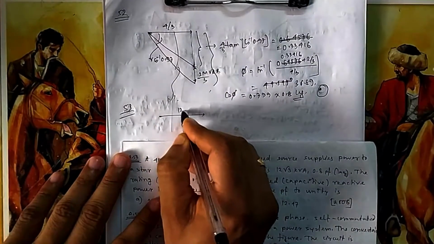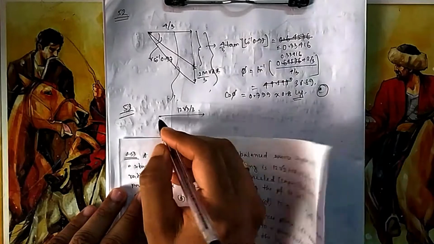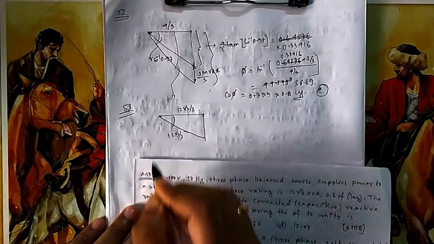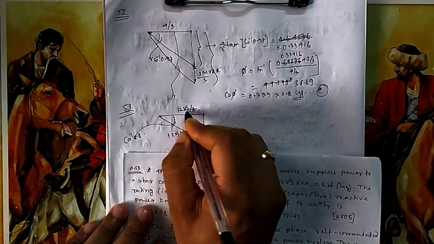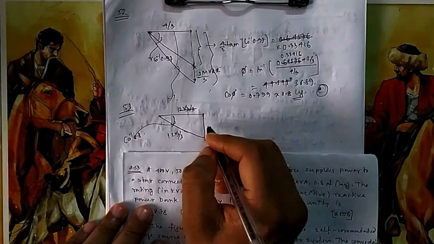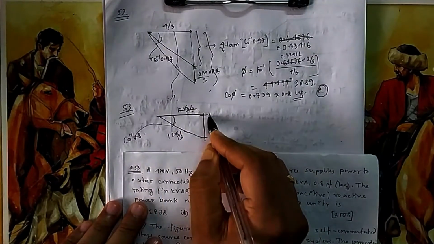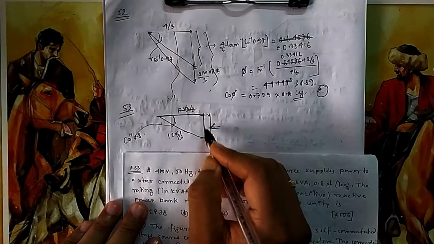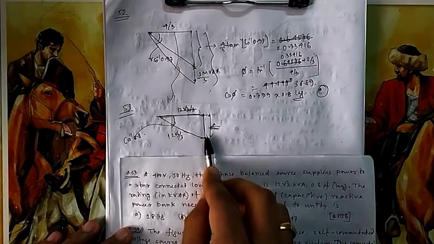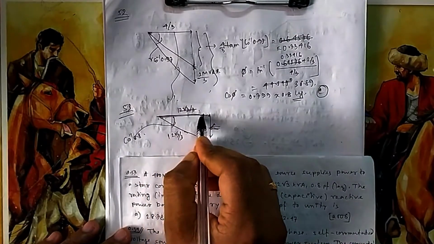So if you go for per phase, 12√3 divided by 3, that is your kVA. Okay, so that is not this one. So kVA is this one, 12√3 divided by 3, and this angle is cos inverse 0.8. So this one will be obviously something of cos, and this will be something of sine of that angle. Okay, so this much. Now if you want to go to unity power factor, your capacitor should supply this much reactive power, so that it should not be taken from the source. So the source power factor will remain 1, because the additional this Q requirement will be supplied by the capacitor itself. So this will go out, only this much will be drawn from the source, so the power factor will be 1.